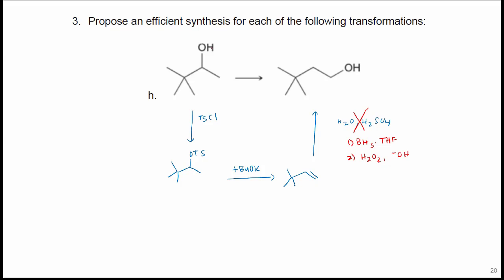So tosyl chloride makes the OH, which is bad, into a better leaving group. T-butoxide is going to give us the less substituted alkene. You could also actually have used DBU here because there's no beta protons here. But to be safe, if you want to use t-butoxide, you can do that. And then to add the alcohol to the anti-Markovnikov or the less substituted product, we use BH3.